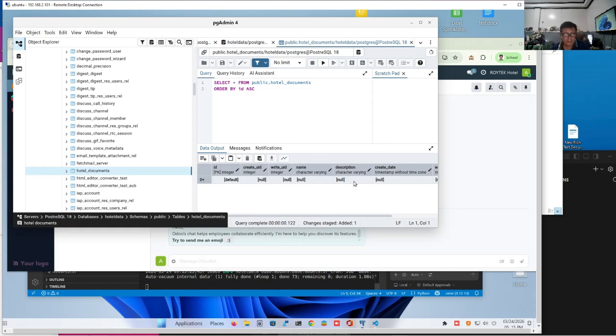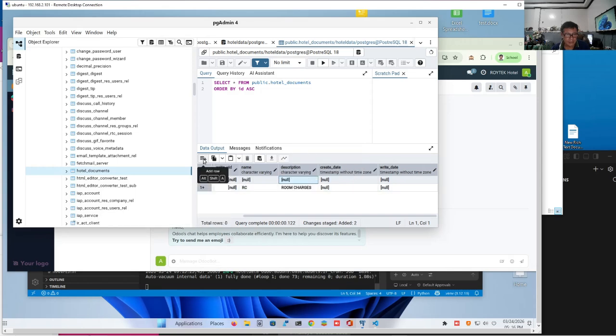Okay, so the first is RC for room charges. You can add another. Second is DM, and you have to click OK.